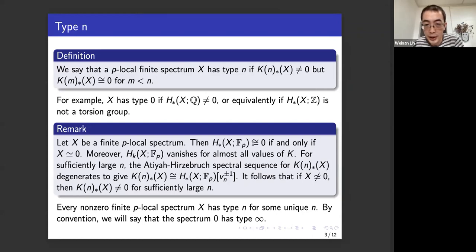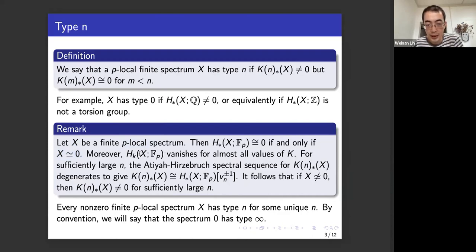Then the homology with coefficients in F_p is trivial if and only if X is trivial. So that is an effect of the p-localization. It means that we only focus on the p-torsion part in the algebra in some sense. Therefore, if you take the homology with coefficients in F_p and you see nothing, then it means that if it's already p-local, it's just trivial. And